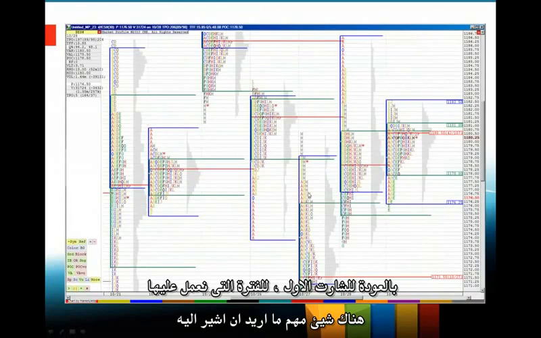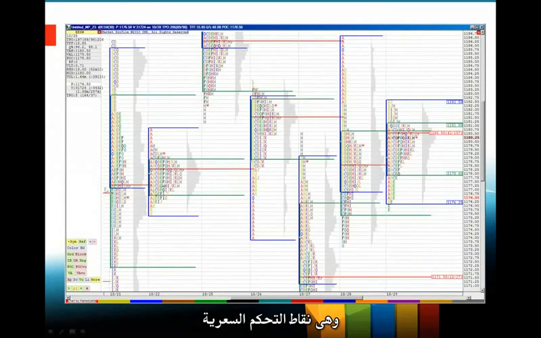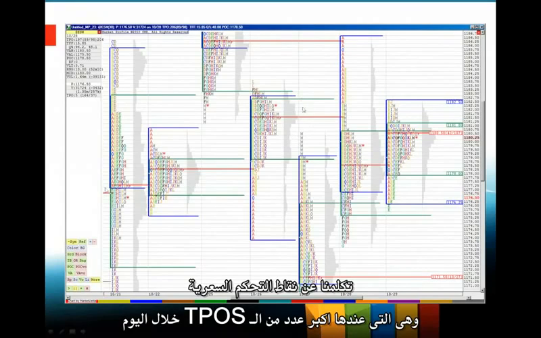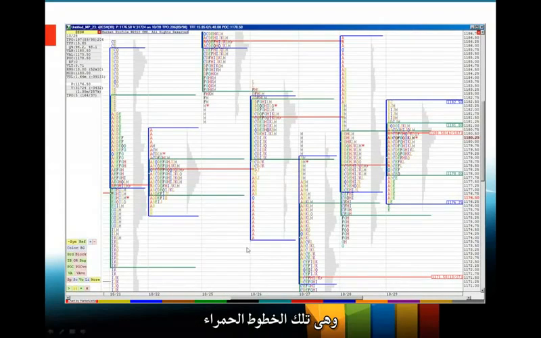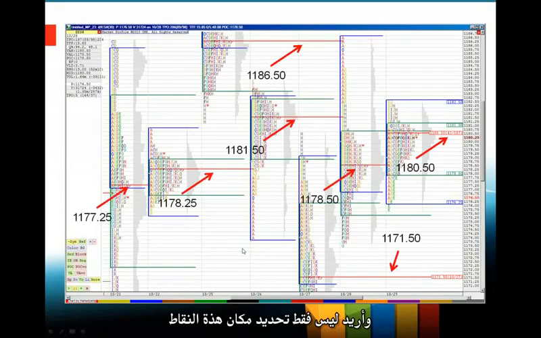Okay, back to our picture again of the entire period that we're looking at. And one thing that I want to highlight for you that's always very important are my price points of control. We talked about those earlier. These are the points at which we had the highest number of TPOs for each of the days. And as the first step in this simple analytical process I'm going to teach you, I want you first of all to identify them, and they're very easy to identify because market profile gives us this nice red line. But not only identify them in terms of location, I want you to be able to identify